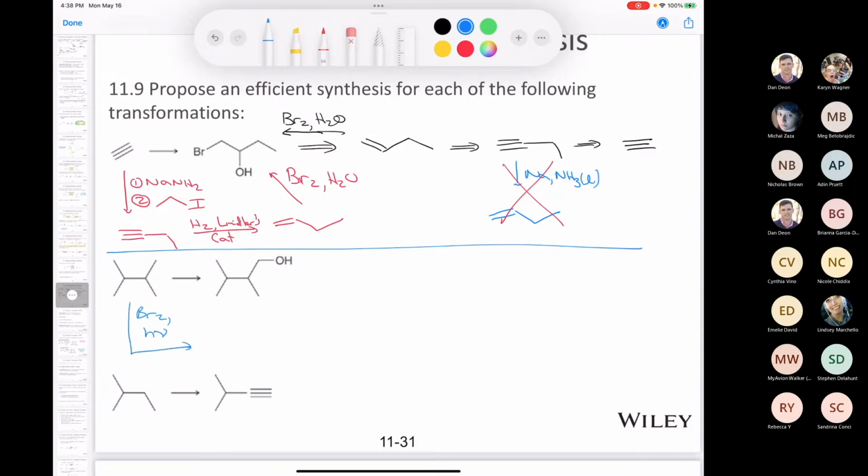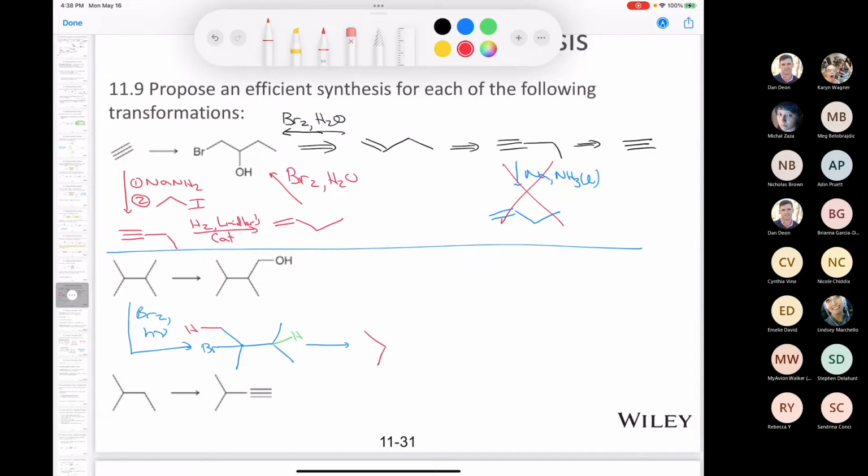Kind of running out of space here, so I'll just throw it down here. There we go. So if we want to add that alcohol on the end, I think the next thing we should do is do an elimination. We got two kinds of beta protons. We got this red one here. We also have this green one. If I want to remove the red one so that I end up with,